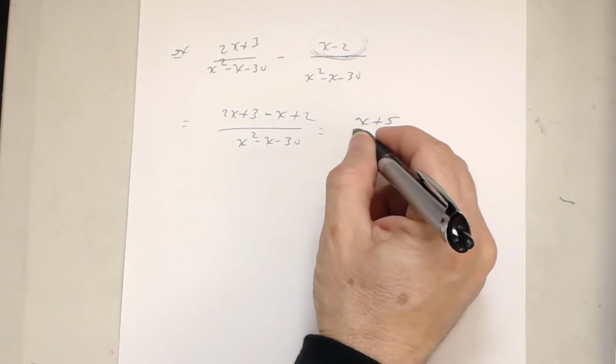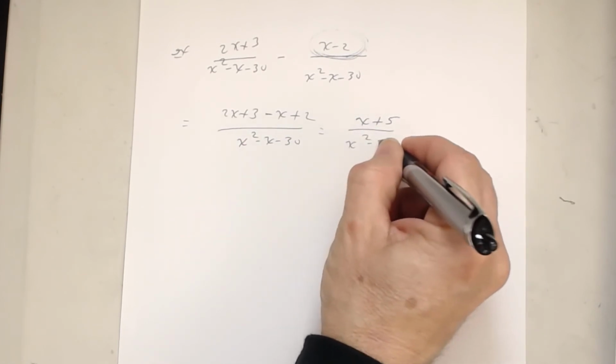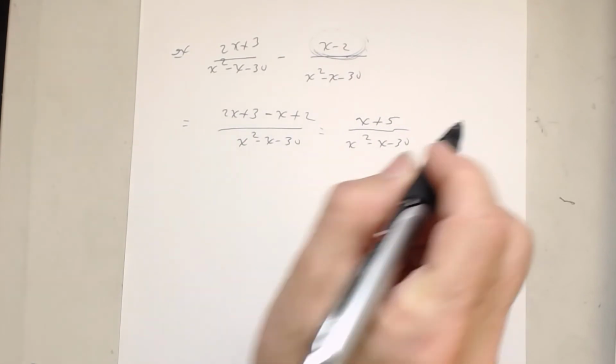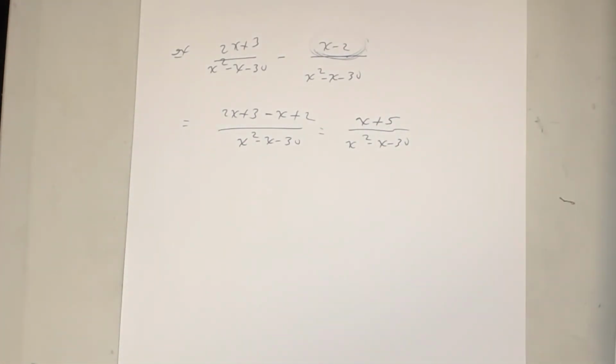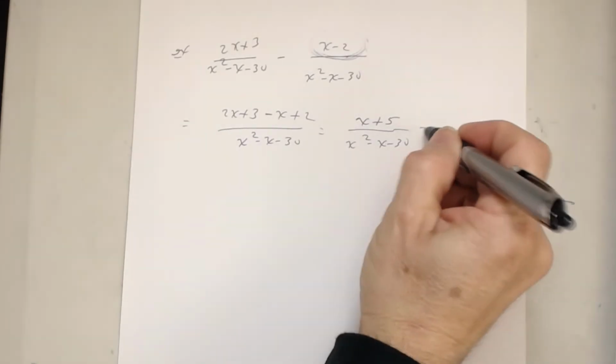x plus 5 divided by x squared minus x minus 30. So that's where we're at. Is that the answer? No, because you have to simplify. And to simplify that, you have to do what first? Factor. So that goes back to section 14.1. Can I factor the numerator? No. Can I factor the denominator? Yes. So when I factor the denominator,